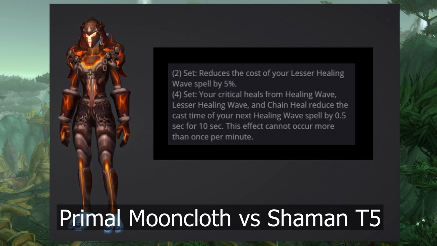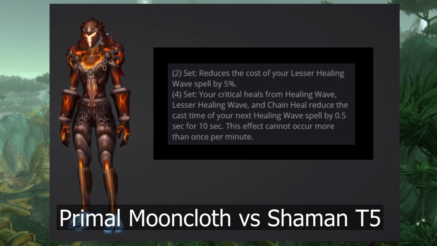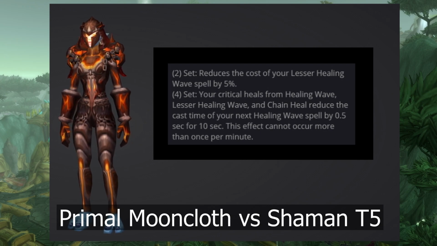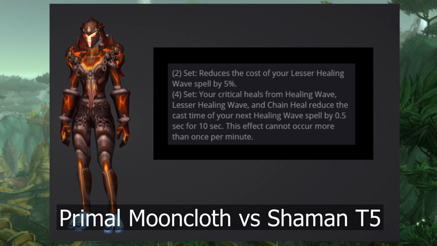Again, I'm not super crazy about this type of set bonus. I guess it's kind of like a baby haste equivalent, but you don't have any control over when you get to use it. It just procs, and then it's just faster healing. I guess you beat out the next healer is what happens. And then it has a minute cooldown. Like, I am not super stoked about these